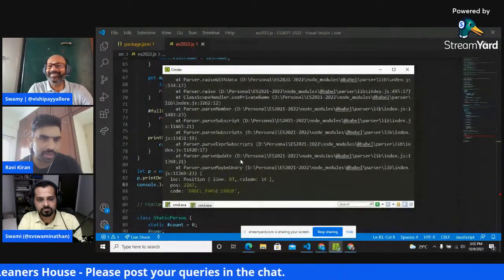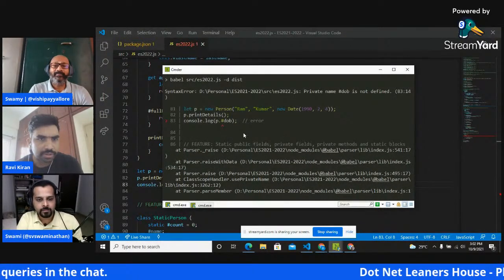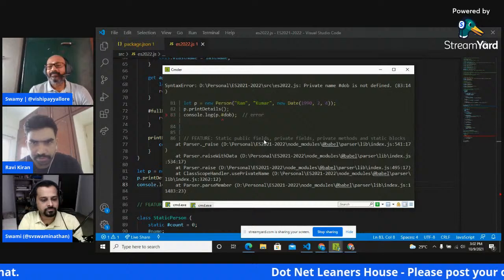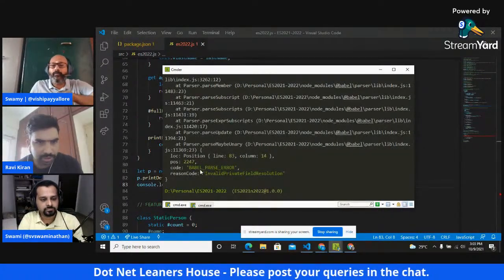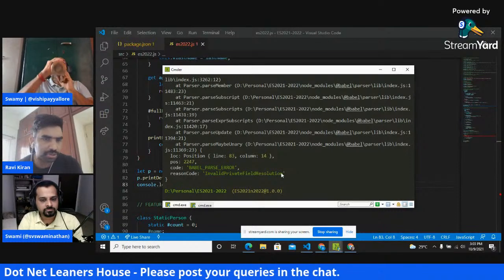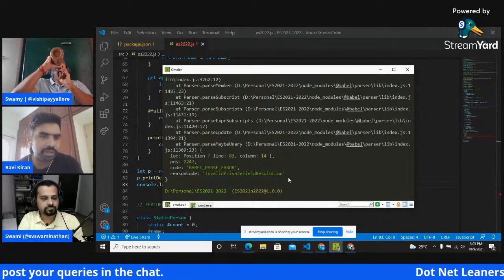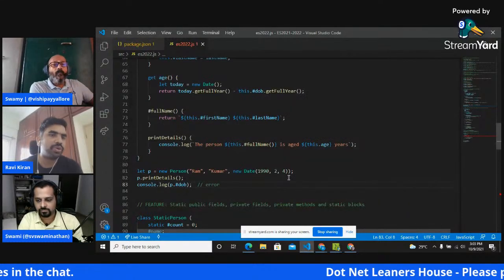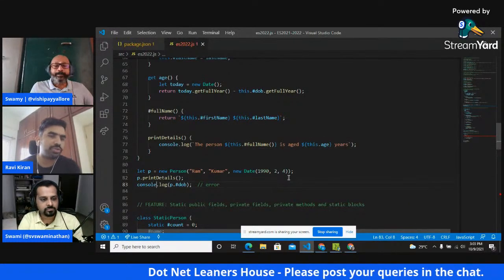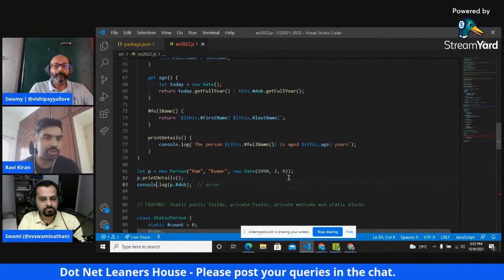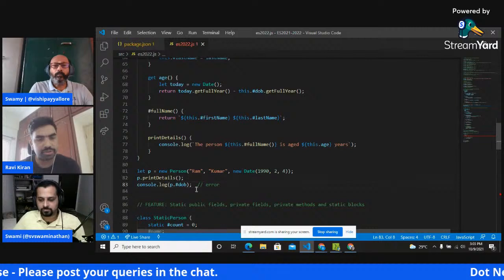Yeah, so we see some error here, right? It is saying invalid private field resolution. So Babel threw an error saying that it has invalid private field resolution, so it was not able to convert this code from ES2022 to browser-readable or Node.js-readable code, because we tried to access a private field inside our code.